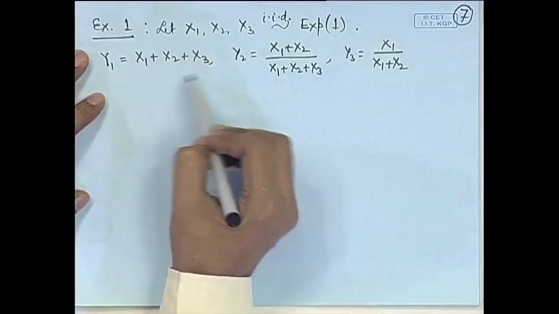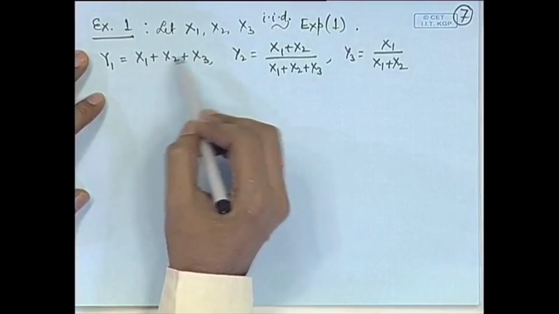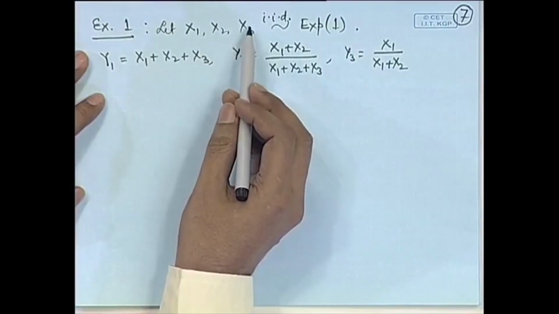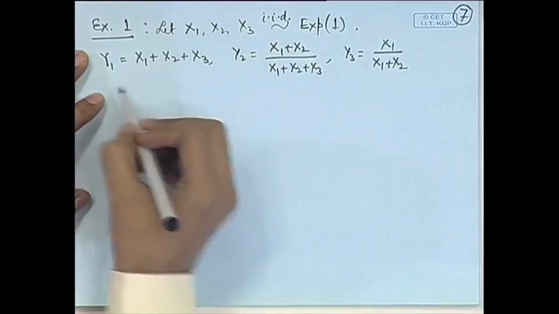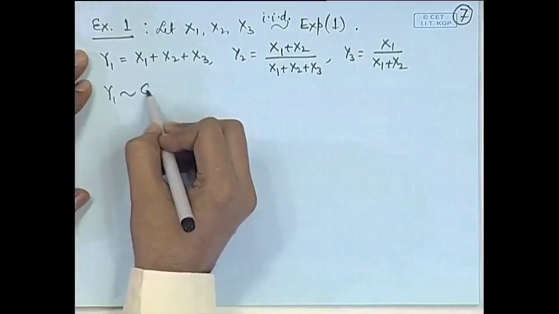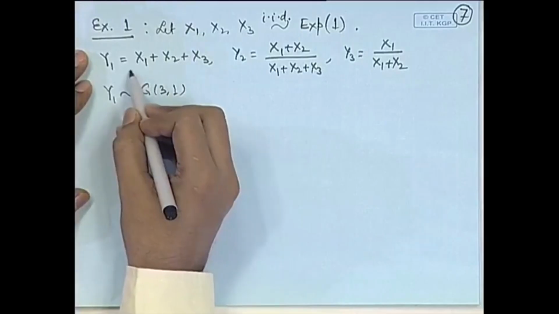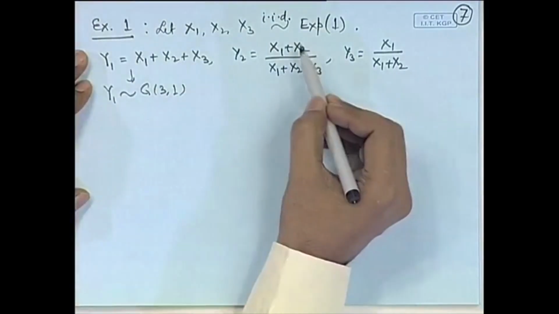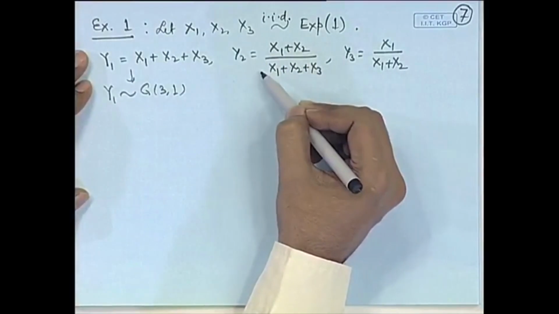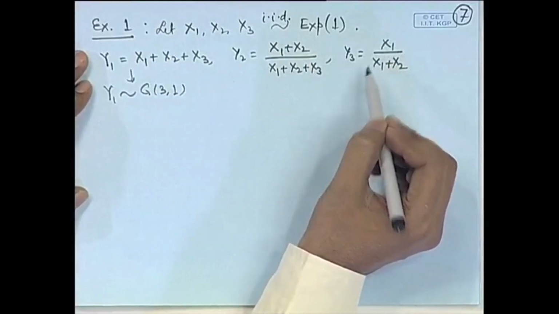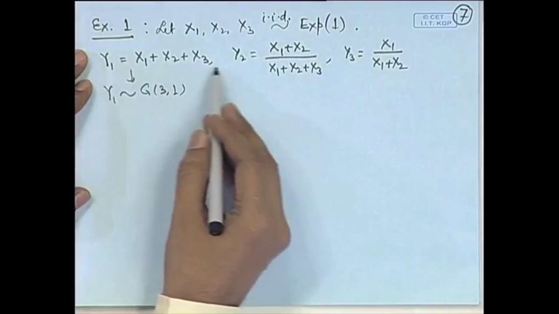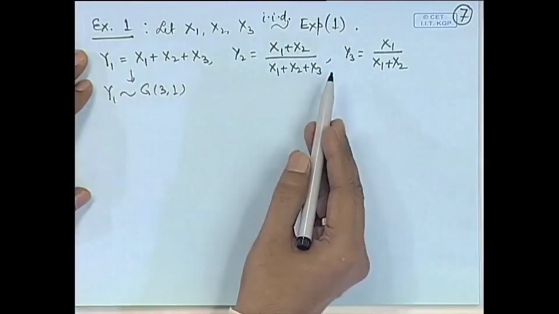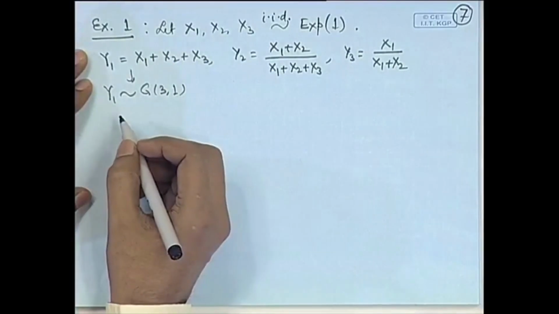Of course, if we are interested only in the distribution of Y1, then that is directly obtained, because the sum of independent exponentials is a gamma. So, Y1 will follow a gamma distribution with parameters 3 and 1. However, that does not yield the distribution of Y2 or Y3. So, we observe here that it is a 1-to-1 transformation and the inverse functions can be written as